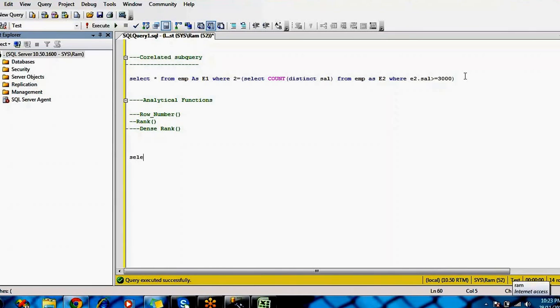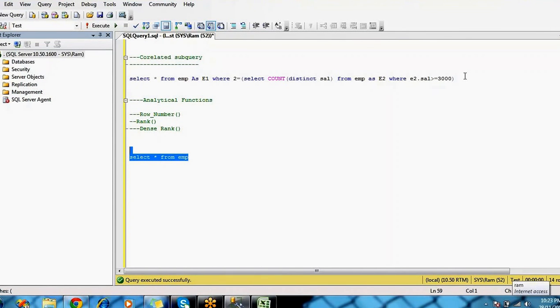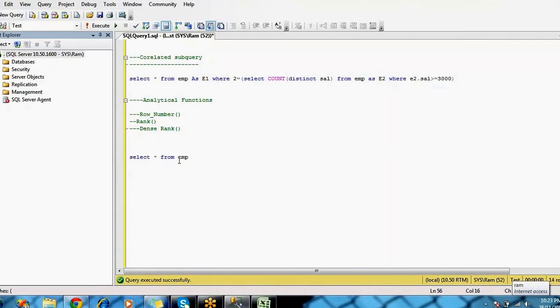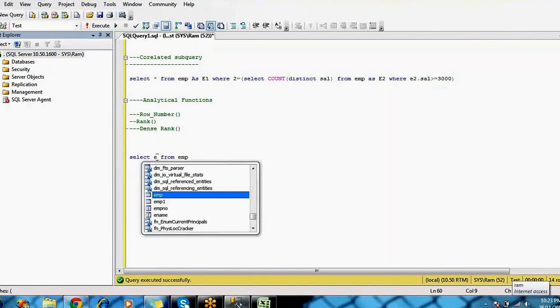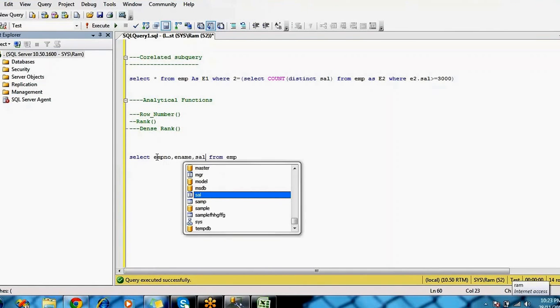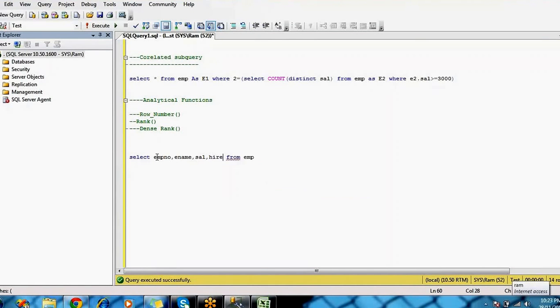For example, select star from EMP. If you want to generate a sequence number for each row, 1, 2, 3, 4, 5, 6, how can you generate it? So: EMP number, ename, salary, hire date.